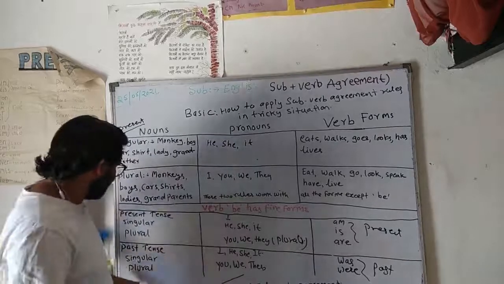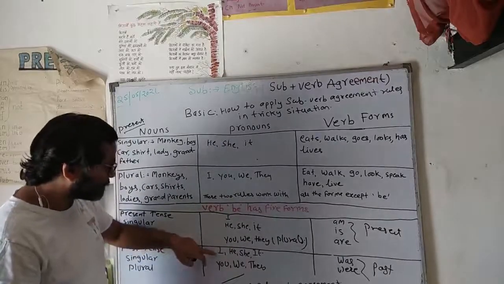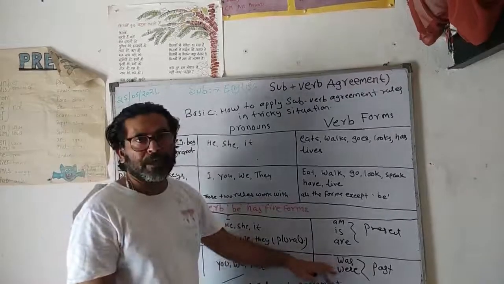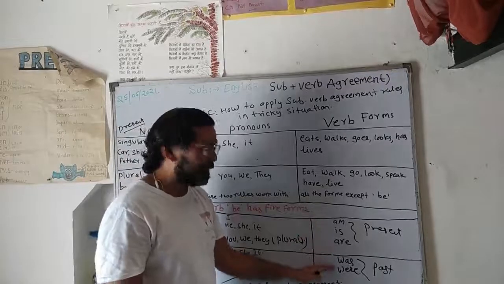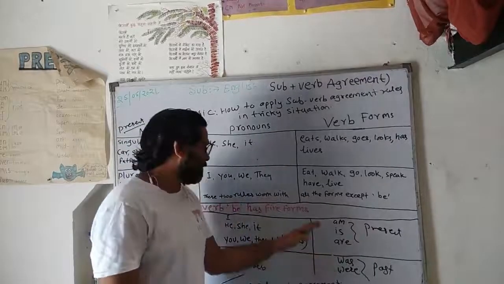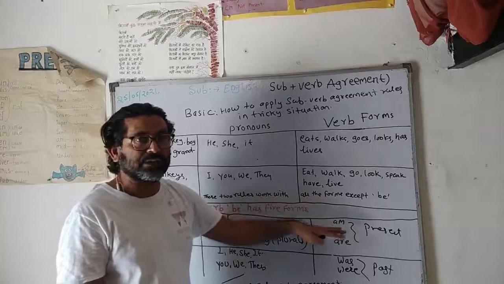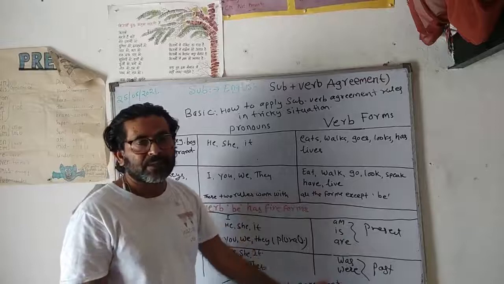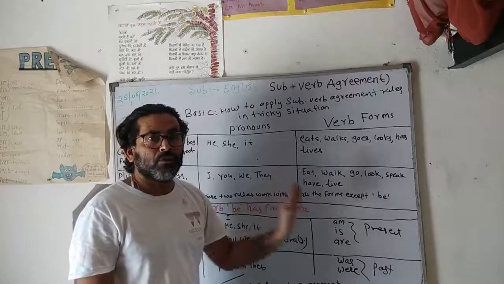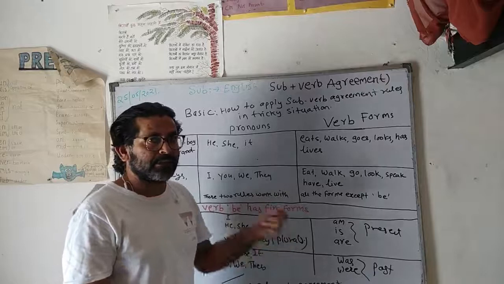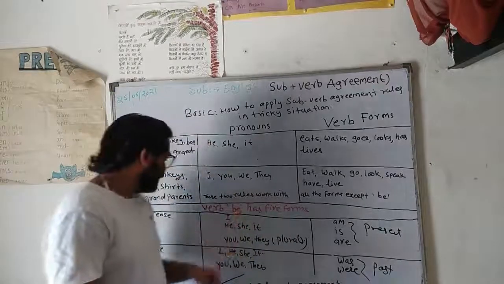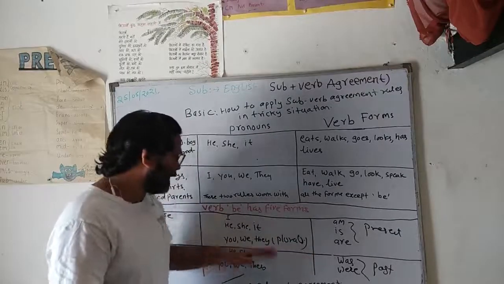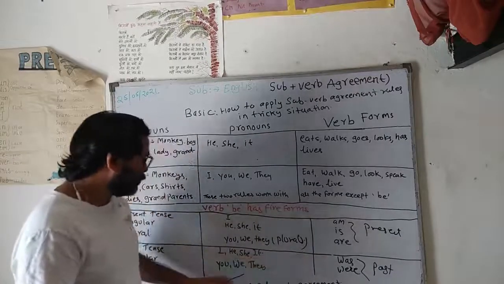And in past tense, the singular pronouns are I, he, she, it, and we use was with all of them. We do not have an alternative of am in past tense. When we have am in present tense, we only use am with I, but we do not have the alternative of am in past tense. So we always use was with I, because I is a singular pronoun. So I was, she was, he was, it was, and you, we, they.